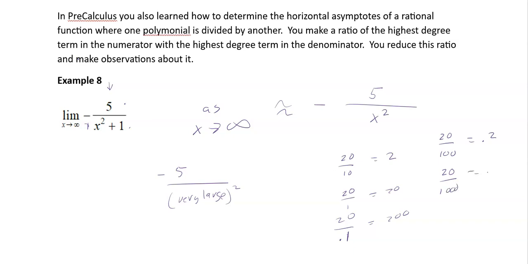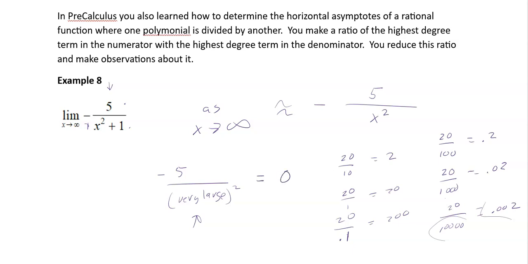20 divided by 1,000 is 0.02. As I divide by bigger and bigger numbers, I'm going to get more and more decimals here. I just chose this as an example. So as this number gets bigger, the answer gets smaller. Well, this is the biggest number you possibly could have, and so you get the smallest number you could possibly